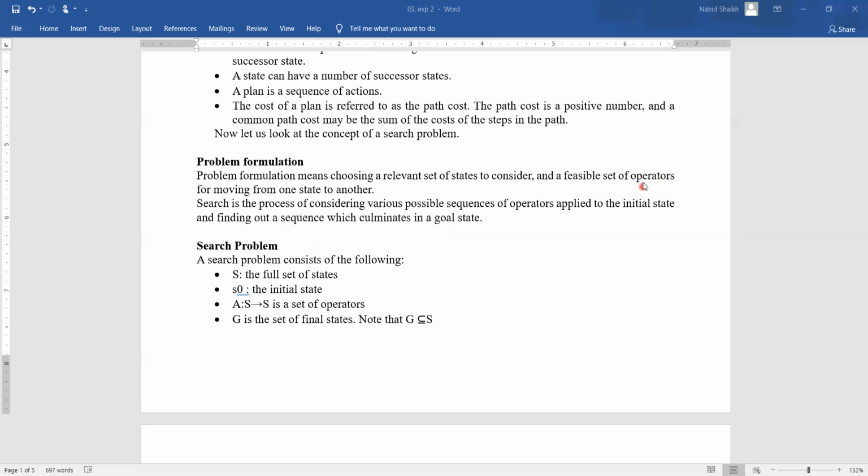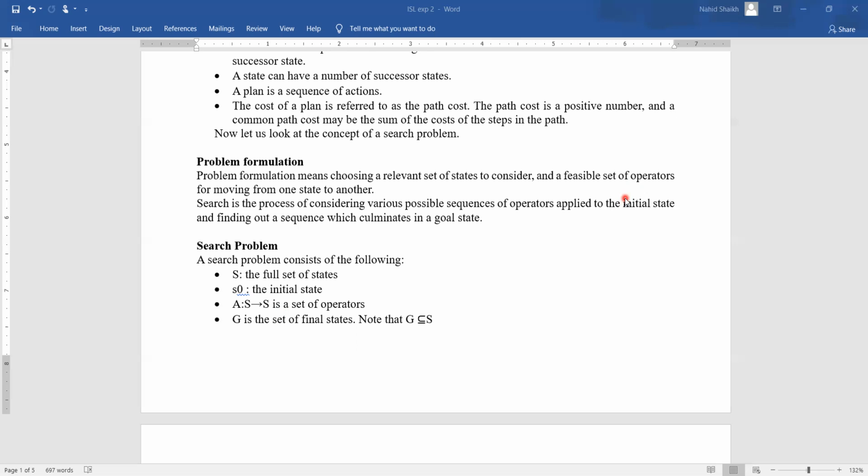Like, suppose I'm playing a chess game, at that point of time I can apply different operators. Or consider a carom board. When you are playing carom, you can just pick up one piece and put it into the hole. That can also be possible, but do you want this kind of operation to be performed by the agent? This you need to define. There can be n numbers of operators, but you need to select the ones which can be helpful and through which you are trying to solve the problem.